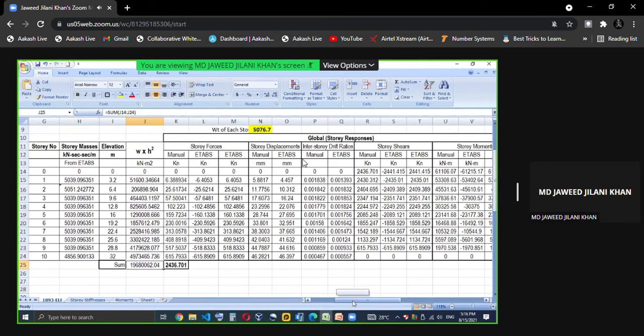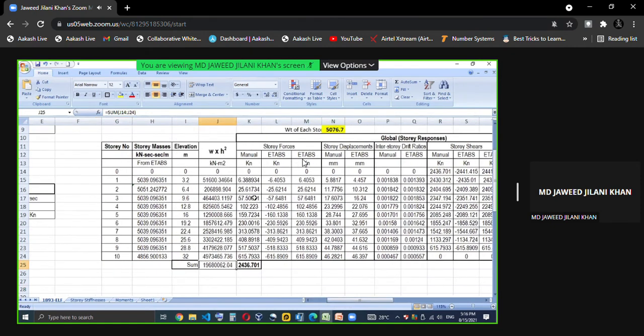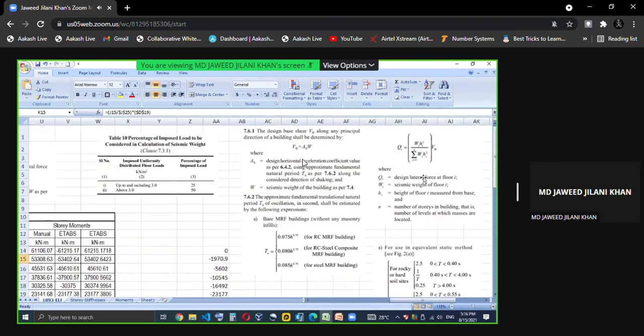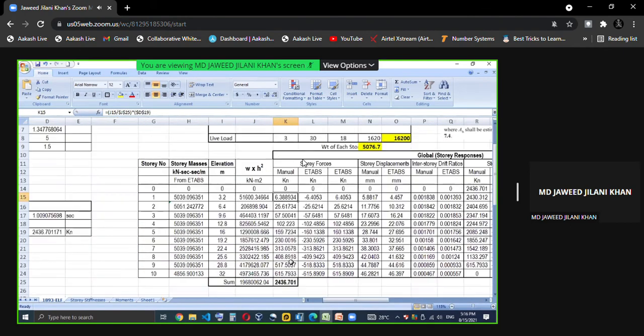Now I want to calculate the seismic base shear for a particular story. Here Qi is equal to Wi, the seismic weight of that story, into Hi square, which I have calculated, divided by the summation, into VB. So this Wi Hi square divided by the total sum into VB.